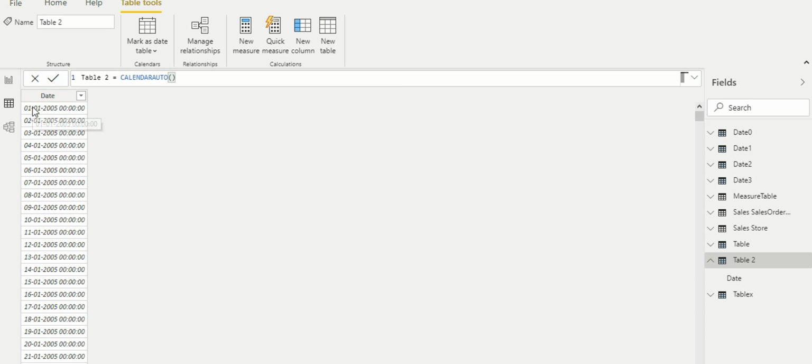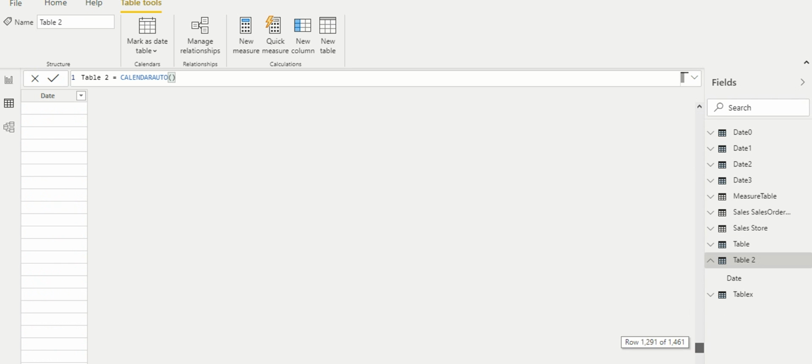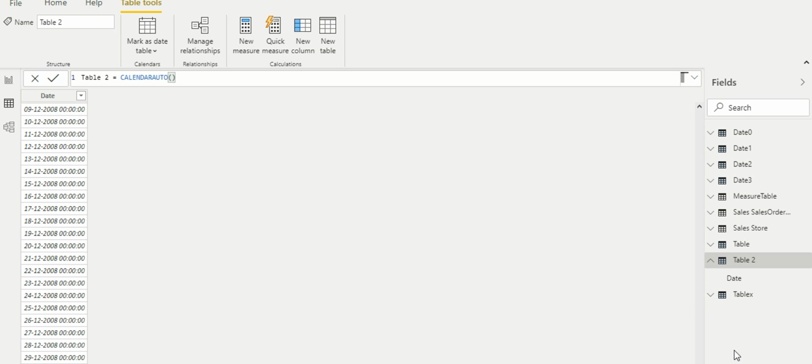In this case, although our minimum date is 1/7/2005, since the other table has data from 1/1/2005, it is going to start right from 1/1/2005 and go till 31/12/2008.